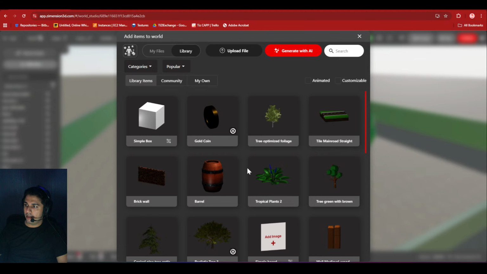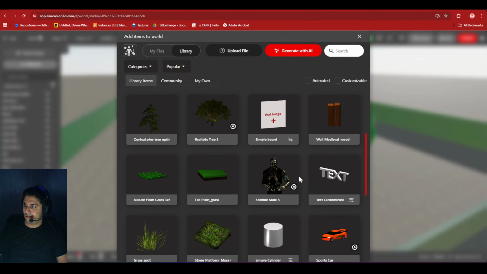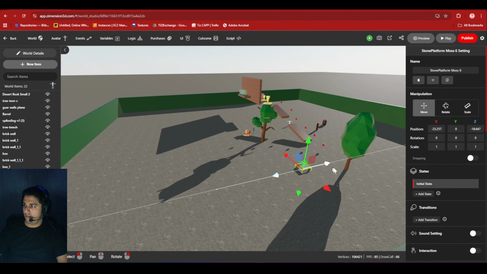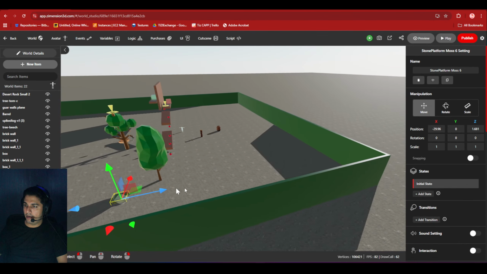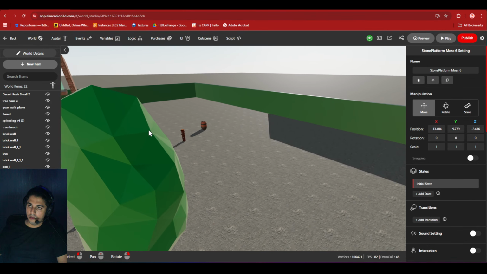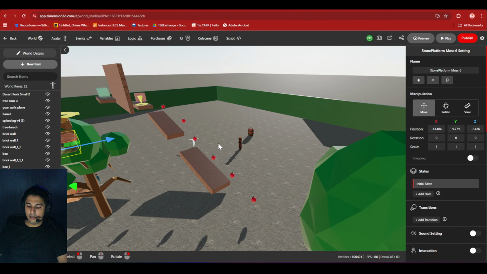Let me add a very basic thing. Yes, I'll add this green platform. If I jump on this platform, the game should end. So see, sometimes the object gets lost in the scene.